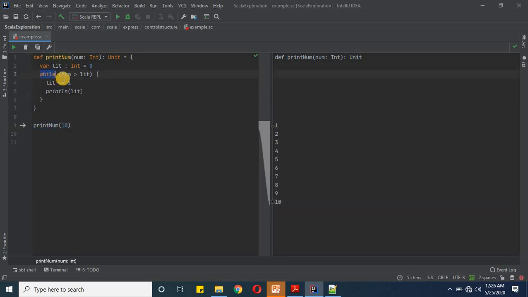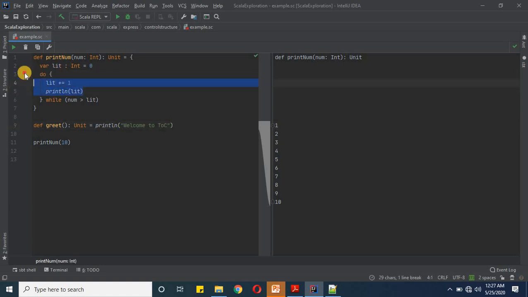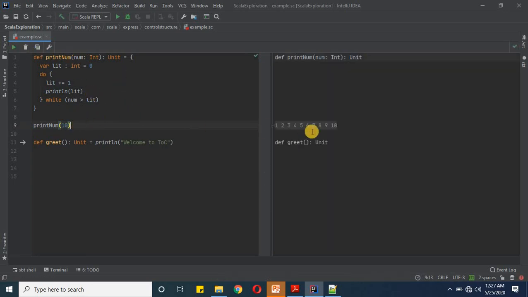In this example we have seen how the while loop works and how we define it inside a function. Now it's time to see how do while loop works. So here I have kept the same logic, it's just the syntax from while to do while that I have changed. Previously we first checked the condition as per while logic, but now first we need to write do and open curly braces, and then after performing the logic we check the condition. So now I will call the same function again. I'll make this change here. Okay, as we expected, we have got the values 1 to 10 out of this function, and now it is a do while loop.